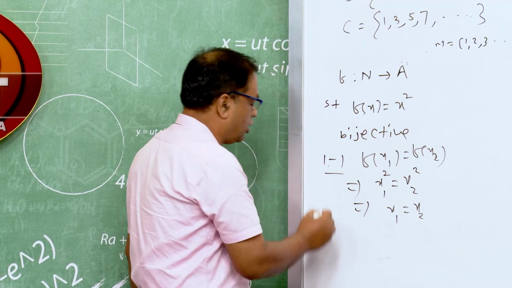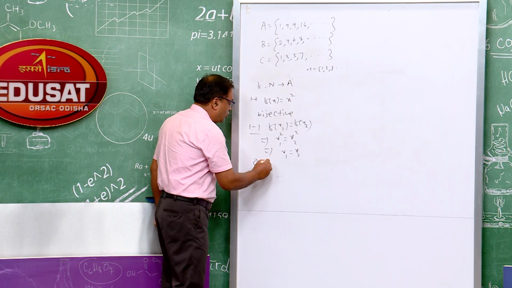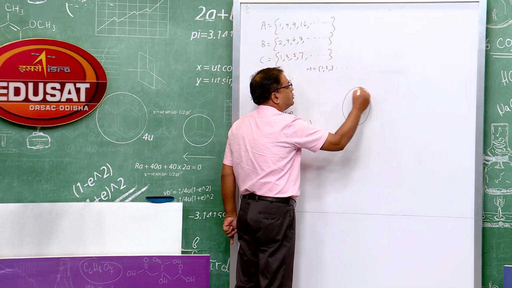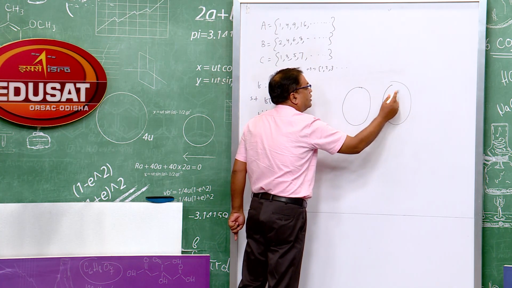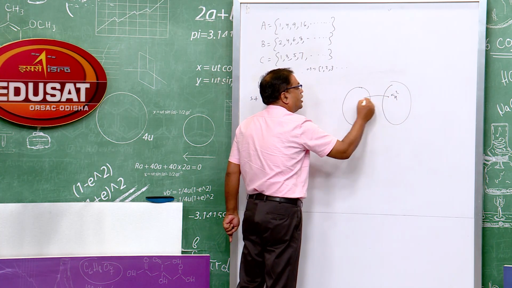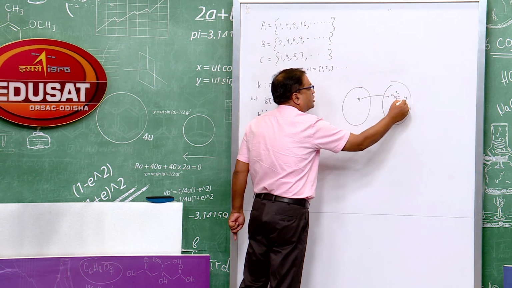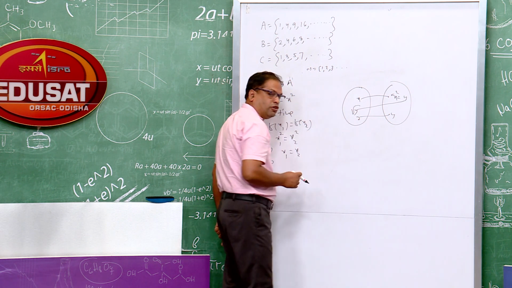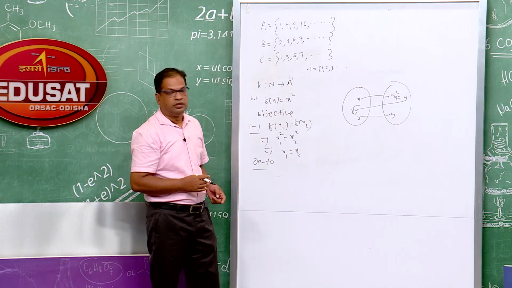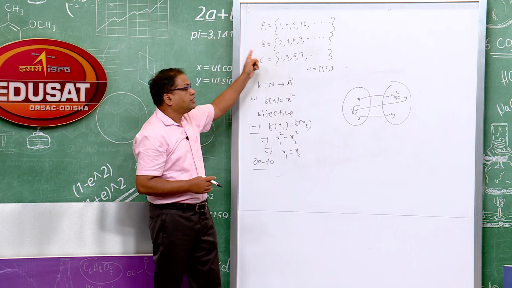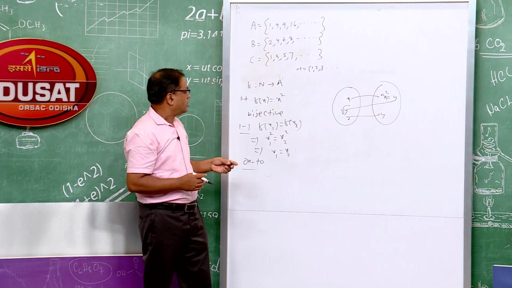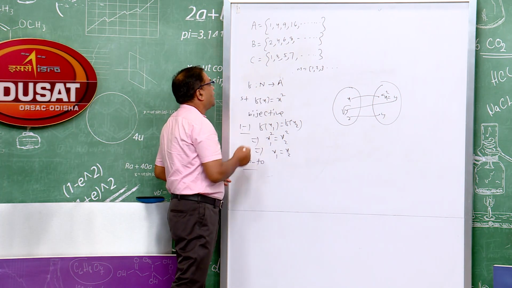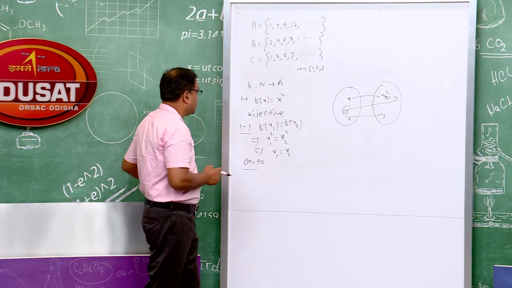So, the function is one-one and it is also onto because for x square we will get x. Suppose y is equal to x square, we will get root y. For 4 we will get 2, for 6 we will get root 6. Here there is no root 6; for 9 we get 3, because these are squares of natural numbers. So, this is a bijective function. So, these sets A and N are equivalent.